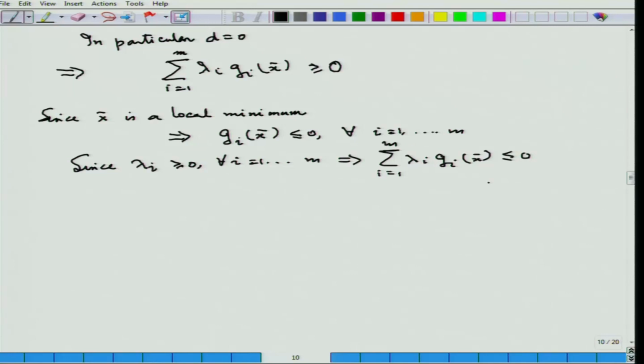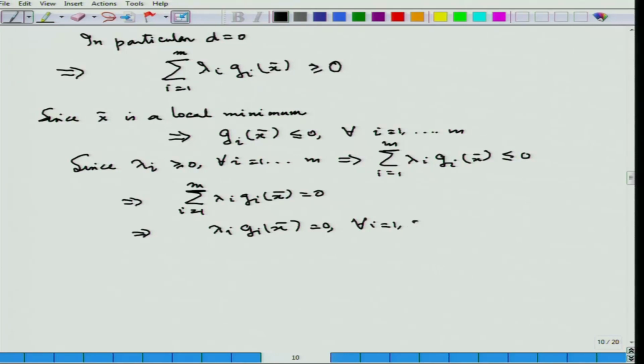But then this would contradict with this. So, if both of them have to be satisfied, the only way is to have this. Now, because each of them are negative quantities and all of them add up to 0, this would imply that all of them have to be individually equal to 0. So, once this is 0, what I am left with is lambda naught